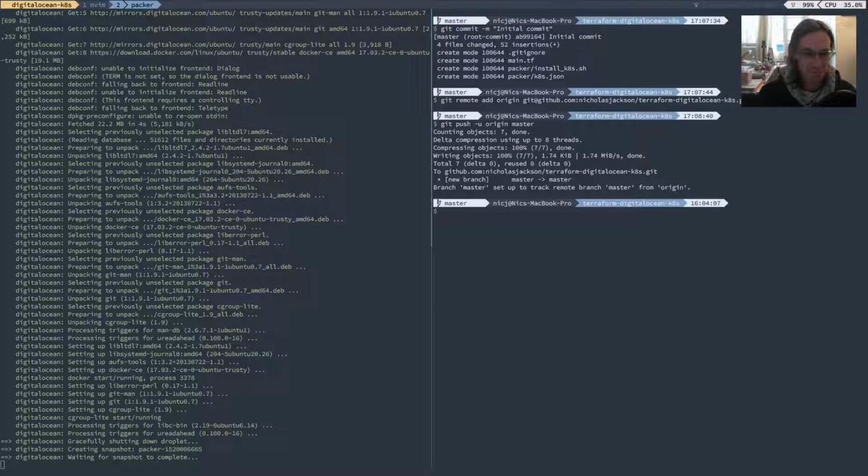All right, so that snapshot is, we're just snapshotting that image. All of the stuff's been installed on the droplet. If I go back to my,